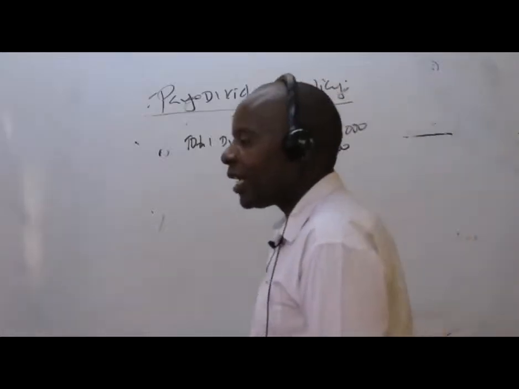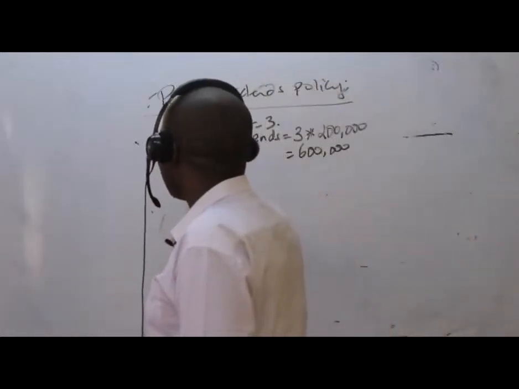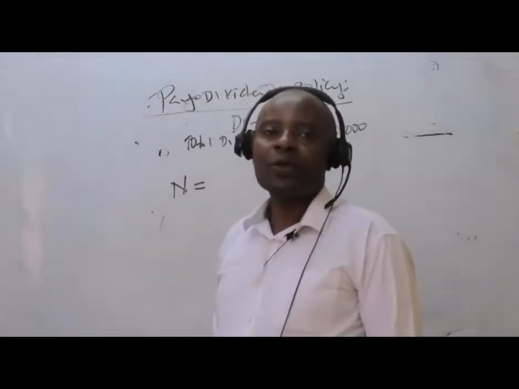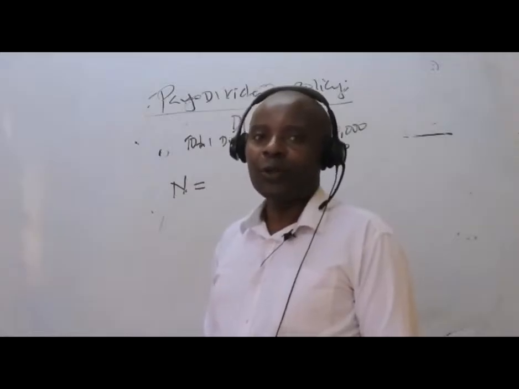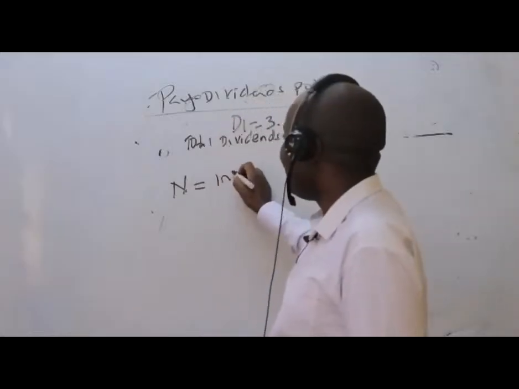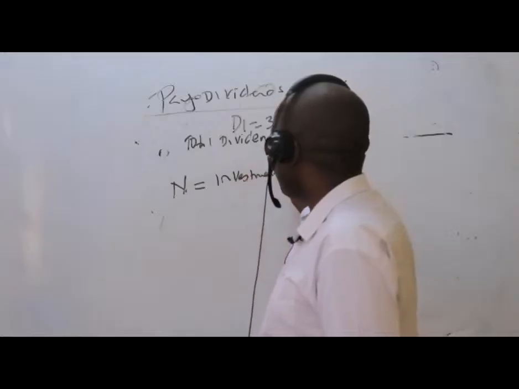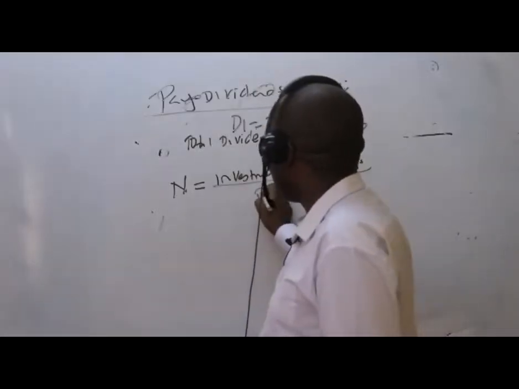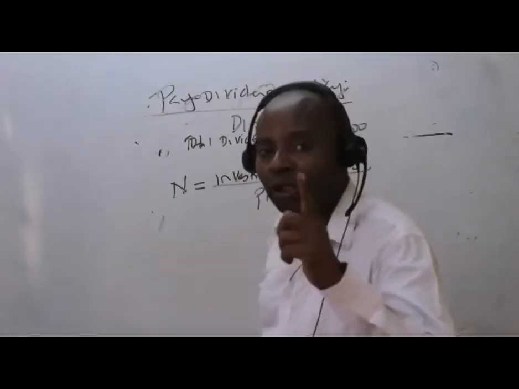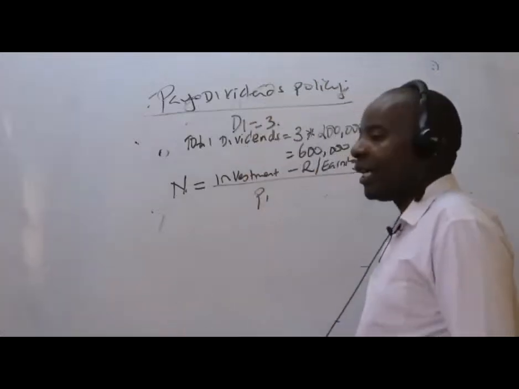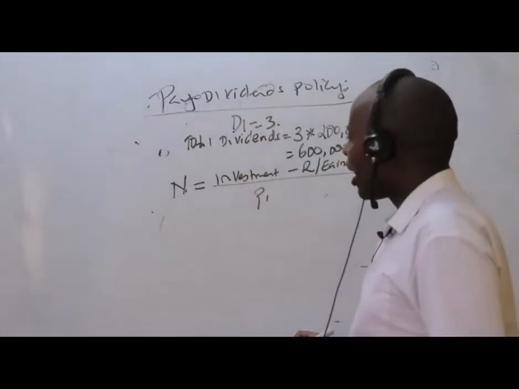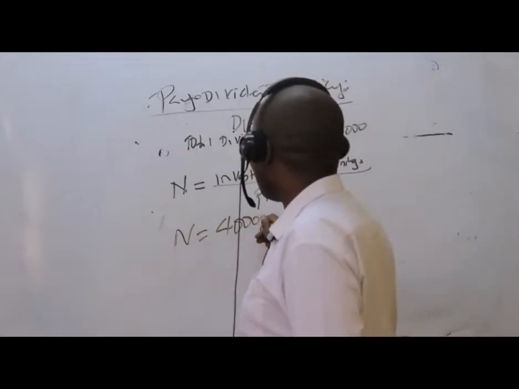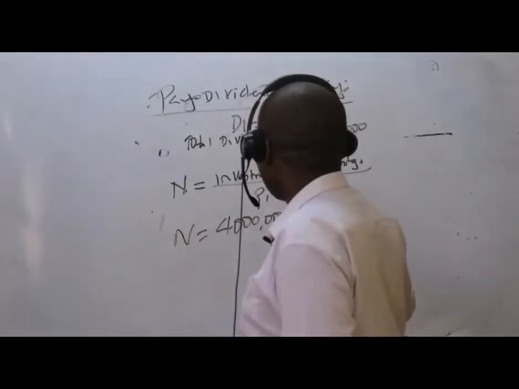So if that is the case, then I would want straight away to come and give them the new shares, right? So how do I get the new shares? To get the new shares, we normally take the investment minus retained earnings, all over P1. What I do not have here for sure is this retained earnings. I need the retained earnings, but I can easily get this. So my N will be equal to the investment, which is 4 million, minus, in bracket,